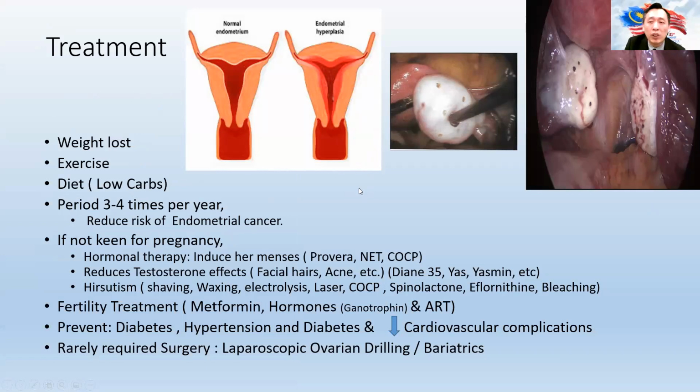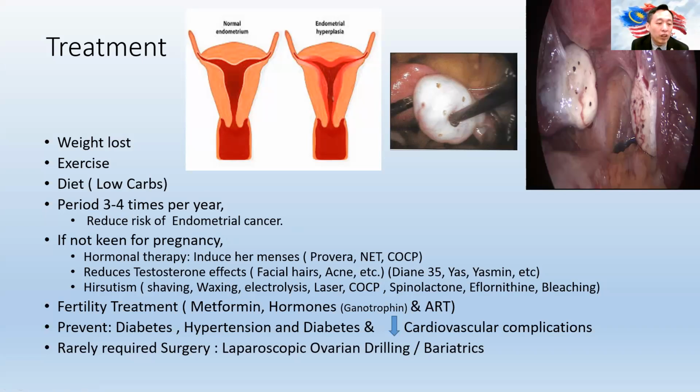So treatment-wise for polycystic ovary: weight loss, exercise, diet. You must at least have 3 to 4 periods per year in order to reduce your risk of endometrial cancer. If the endometrium becomes thicker and thicker, there's a risk that it undergoes transformation and becomes cancerous and even develops polyps. So for those who are not keen for pregnancy, you can actually induce the period with Provera,